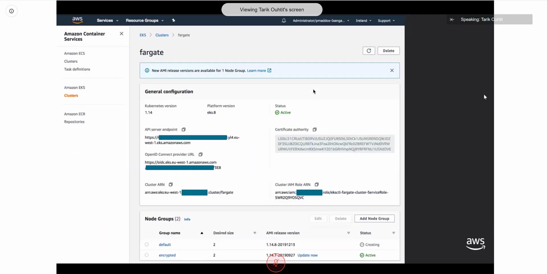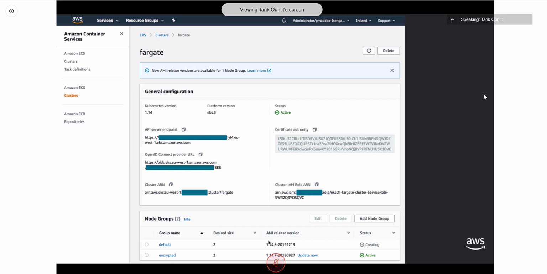And here's the console for EKS. You can see here at the bottom for this cluster, I've got two node groups deployed. In my case, I wanted different node groups. I wanted one of them to have encrypted EBS volumes so that anything deployed on there would be encrypted at rest, and then I've got another node group that isn't. EKS is deploying these node groups for me.